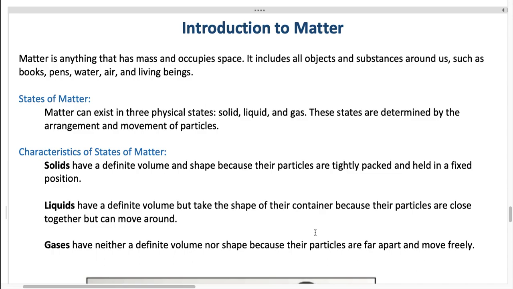We will also learn about the states of matter, their characteristics, and their interconversion between